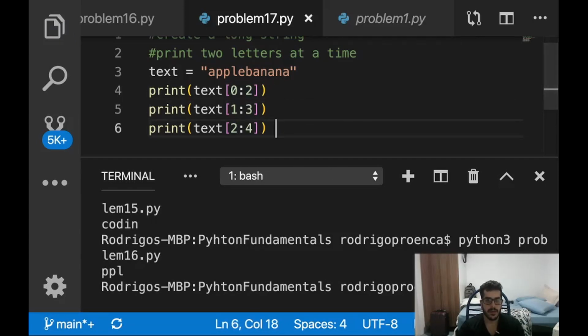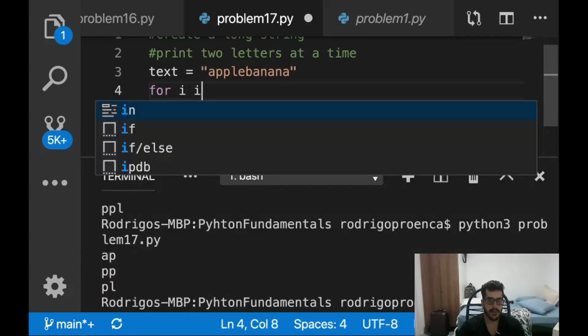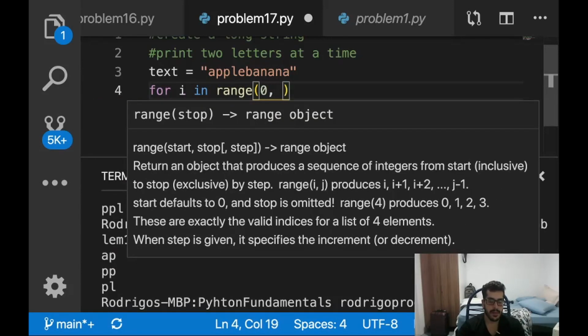Okay, so this should print AP, PP, PL. Let's see if that's what we get. And that's exactly what we got. Now we don't want to just print PL, we want to print all the way to the end of the string. So how do I do that? So I do for i in range. I start at 0. Now since I'm grabbing 2 at a time,